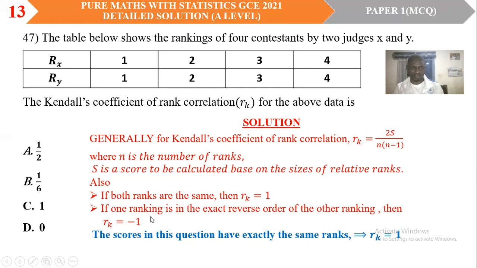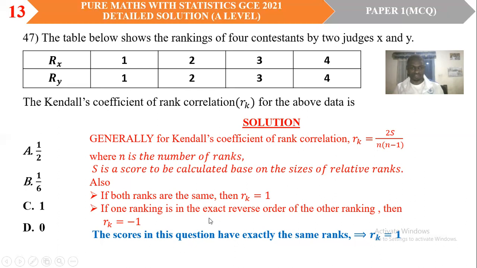But if one ranking is in the exact reverse order of the other ranking, then RK is equal to -1. And if none of the above conditions is observed, then we simply use the formula to calculate the Kendall's coefficient